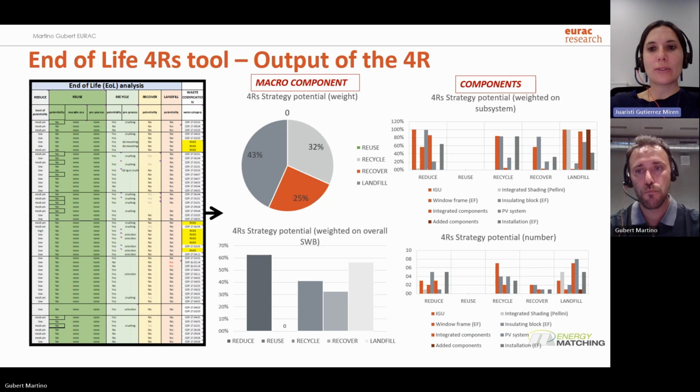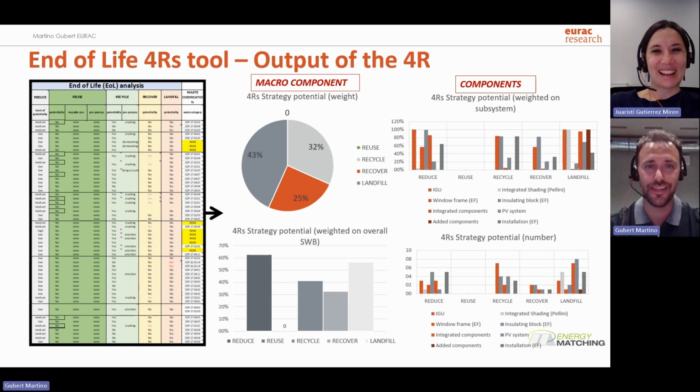So it guides you in picturing better the end of life scenarios of the facade products, and also it's useful to evaluate the impact of state of the art technology versus a more circular design approach that you might have, right? Right, perfect. You got it. Great.